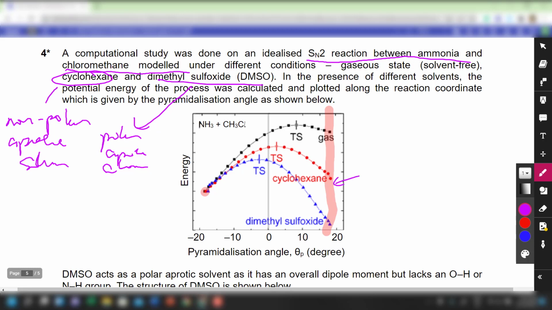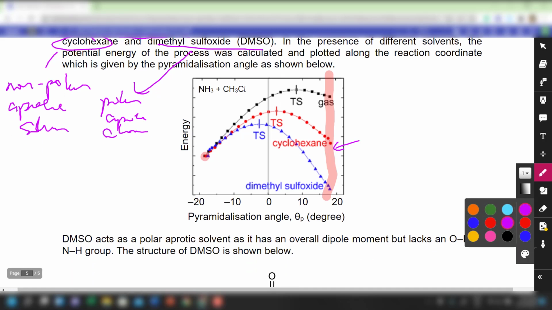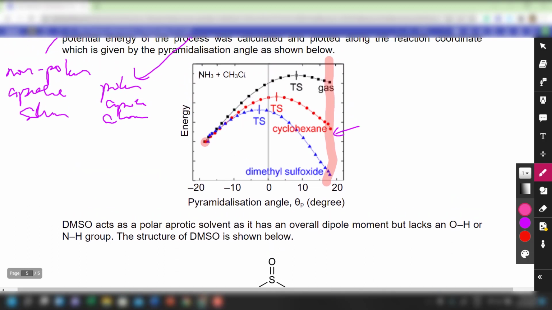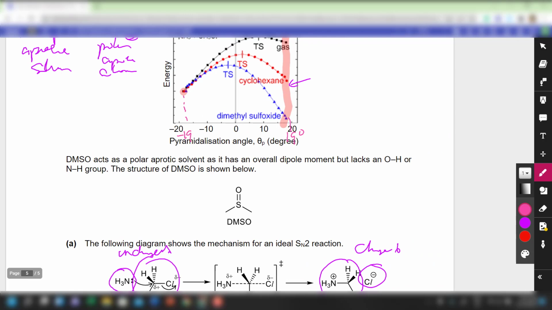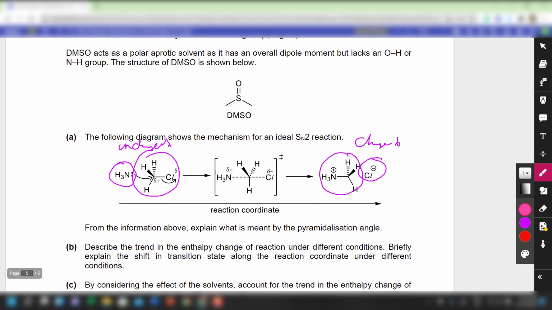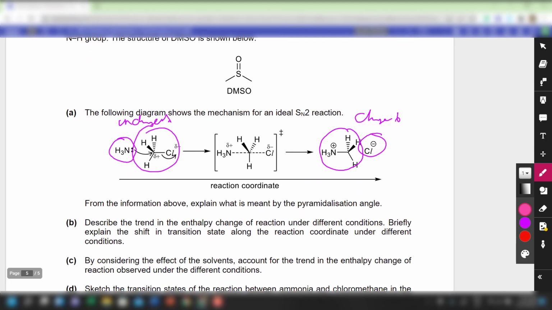It's about the same as what you have at the beginning, but better than nothing. And of course, in the gaseous phase, it is the most unstable because the two charged species are far apart. Okay, then another thing we need to understand is what exactly is the pyramidalization angle. If you take a look at this diagram, it goes from about minus 19 degrees to about 19 degrees. That is something we need to ponder, because for part A we will ask,